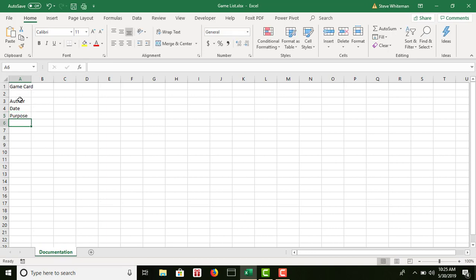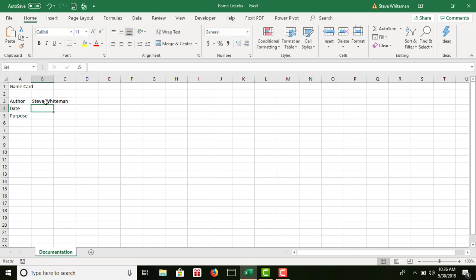Okay. Now, also, most of the stuff that you do in Excel is not case sensitive, so it would have allowed me to use small cases for the first letter of the words, but I like to follow the text exactly as it's shown in my assignment, and they have the first letter capitalized. In cell B3, right next to the word Author there, they want me to type in my name. So I'm going to type in Steve White